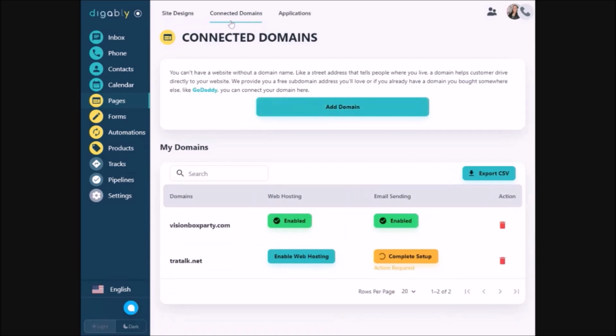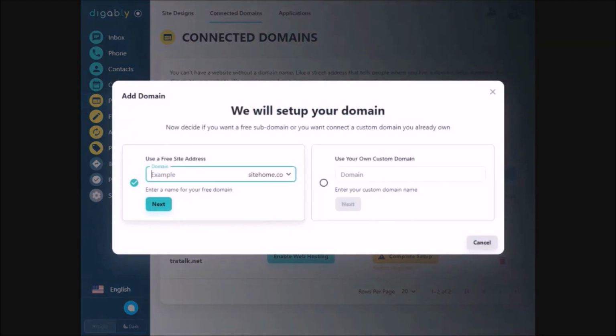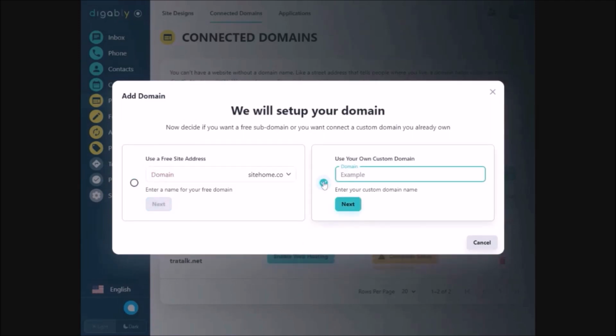After clicking on that, you'll see I already have one completely connected. I have one in the process. But for this video, we're going to go ahead and start fresh. After clicking Add a Domain, you will have these choices of either utilizing a free domain within digably.io, or if you already have your own domain name or plan on purchasing a specific domain name for your website, you will want to click this one, which is the one that I will be using because I will be connecting one